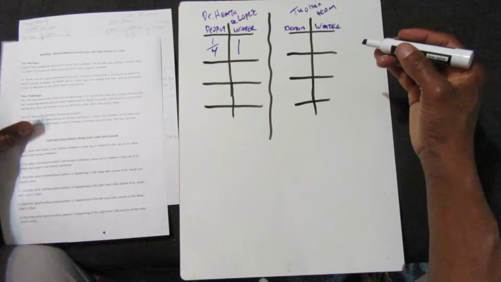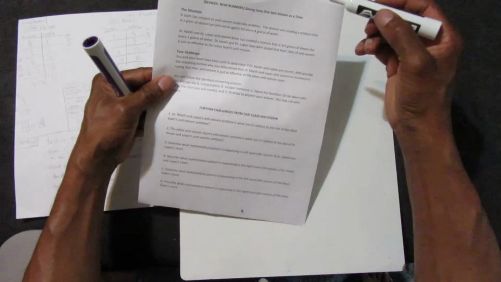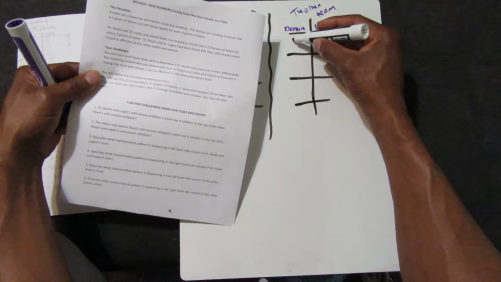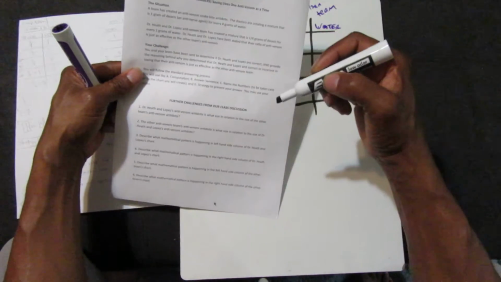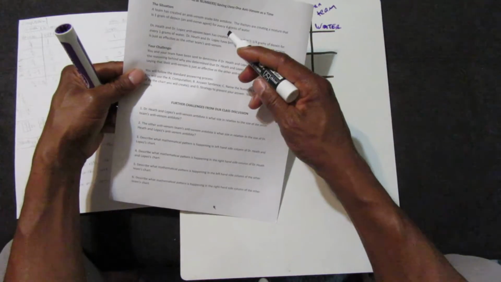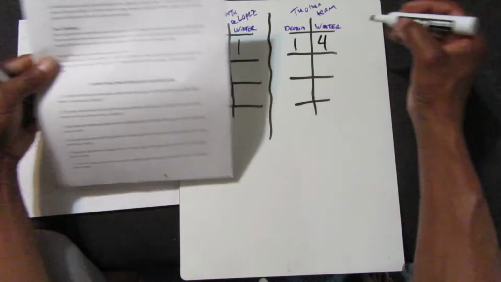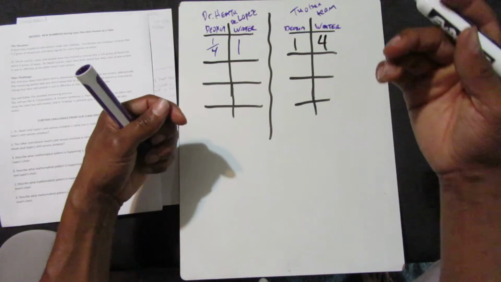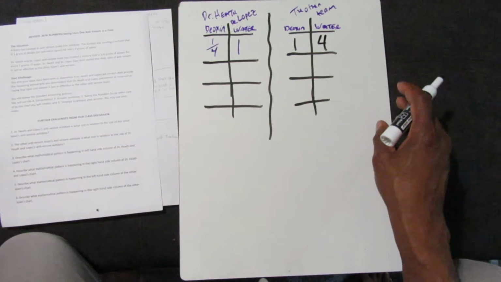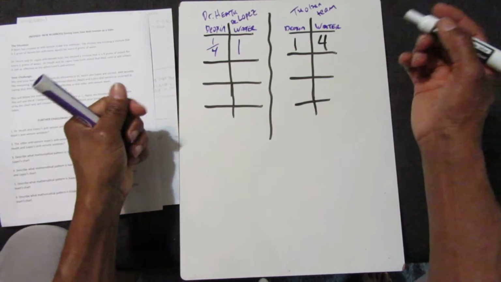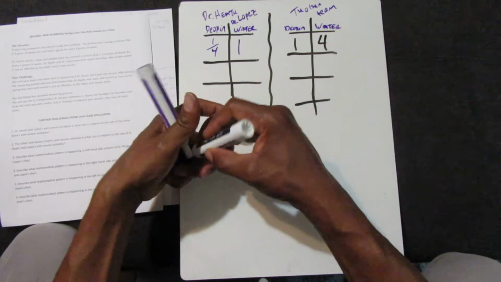So let's take a look at the other team. Well, the other team, it's 1 gram, so it's a whole number 1 for the deoxin. And then for the water, it is another whole number, which is 4. So we did this challenge early in the week, so many students knew the pattern to follow. I'm just going to go ahead and use it right now. So the pattern here,